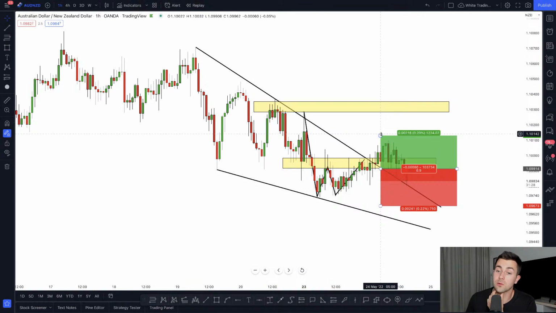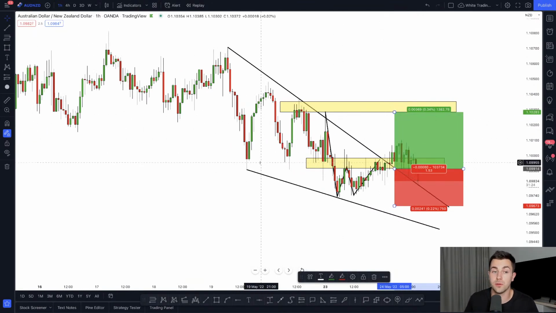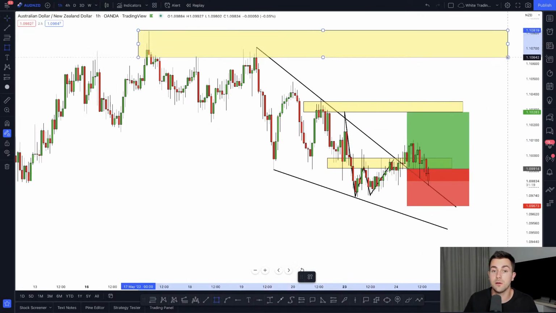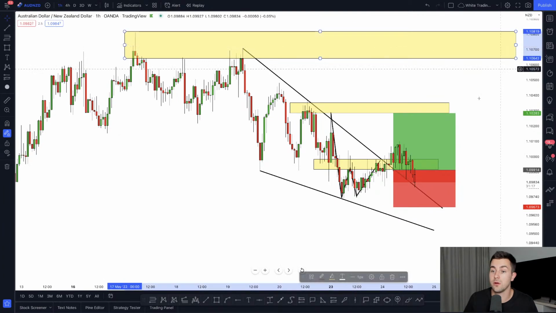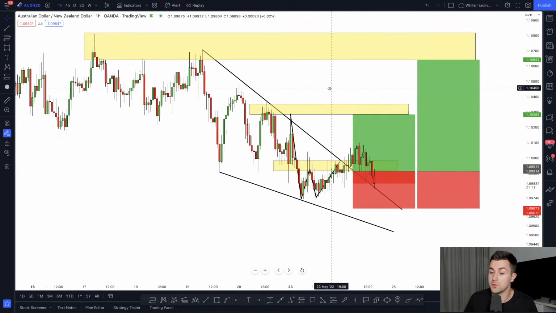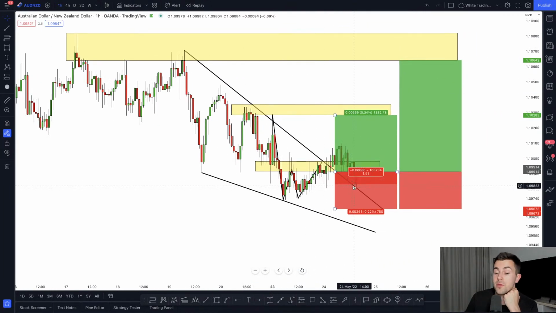I see quite an interesting structure shelf right here, so here's my first target for the trade. The second target is the next strong structure, and here I see the next strong structure resistance. So that is my trade on Aussie New Zealand. You can see that at the moment the market is retesting the broken resistance of the wedge. So let's hope that buyers will start buying from here, and that from here we will see a